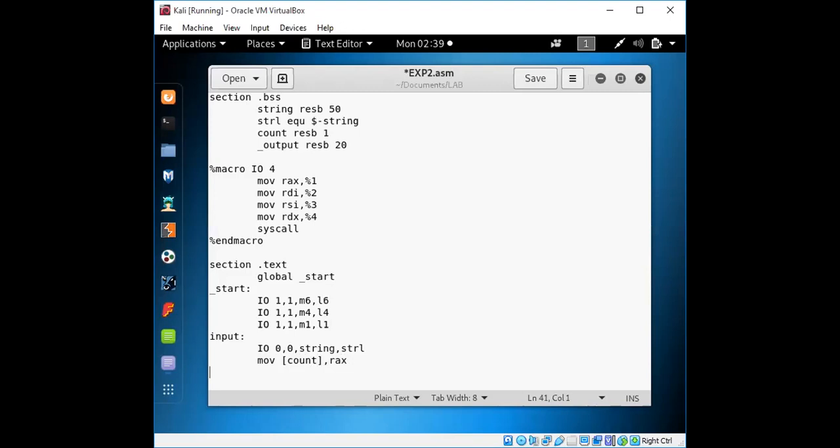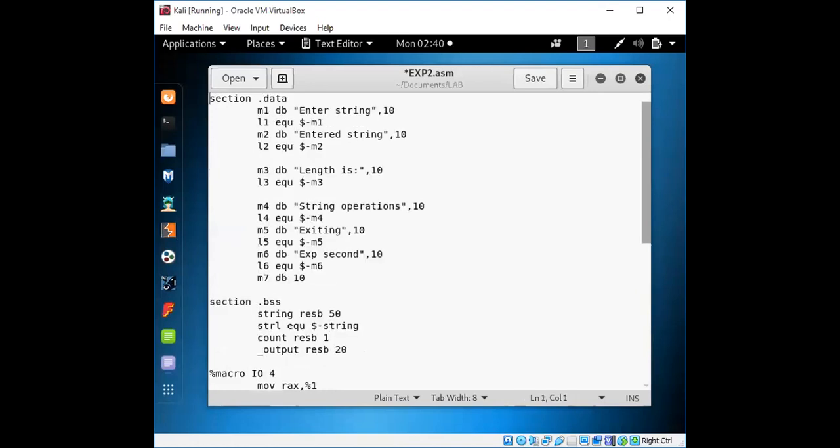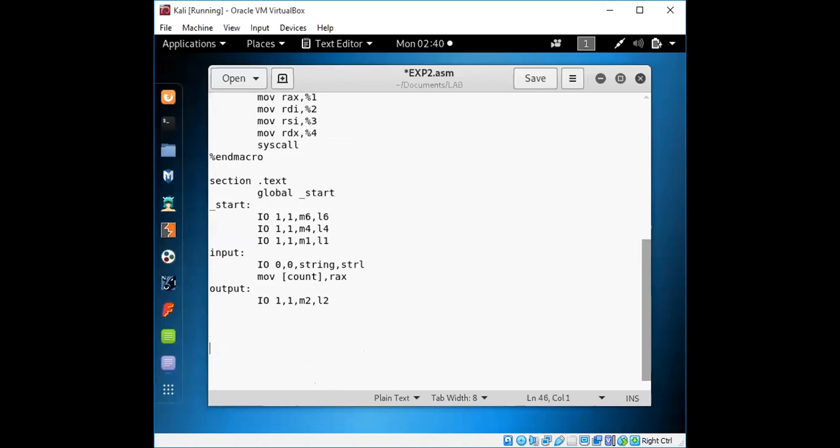Okay. Output, one more procedure call for displaying the content with a message, right? I think we're done with the second message. Yes, now the string that you have entered, we need to display that. So first we'll take the input and we'll display it as text.